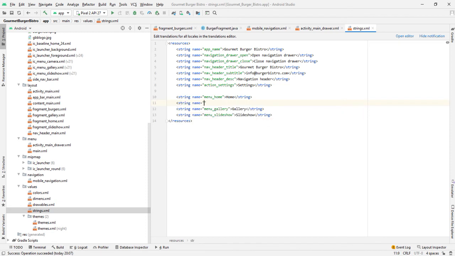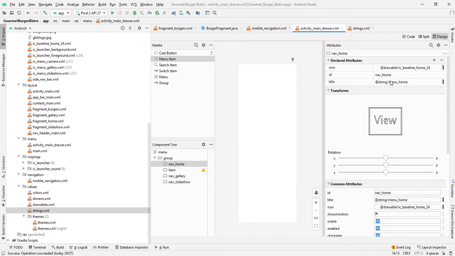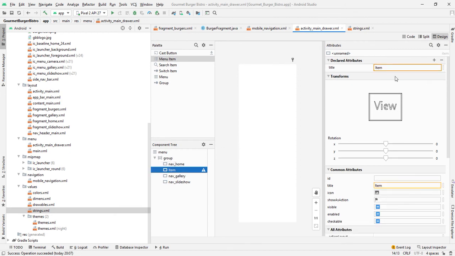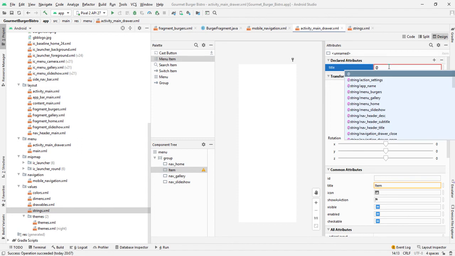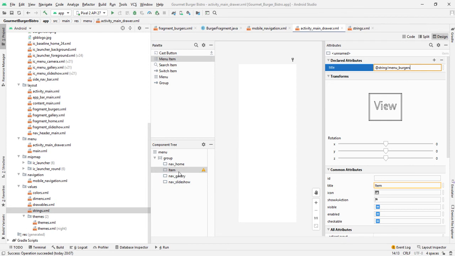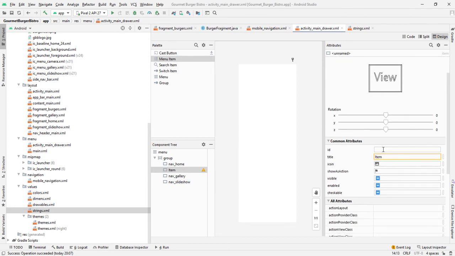you could actually use the same thing and just go string name equals menu burgers. It's going to be burgers as the string title. Go back to my menu, and in here you can put @string/menu_burgers. So that'll put the burgers, and you give it an ID now. The same as there, nav home, I'm going to have nav underscore burgers,